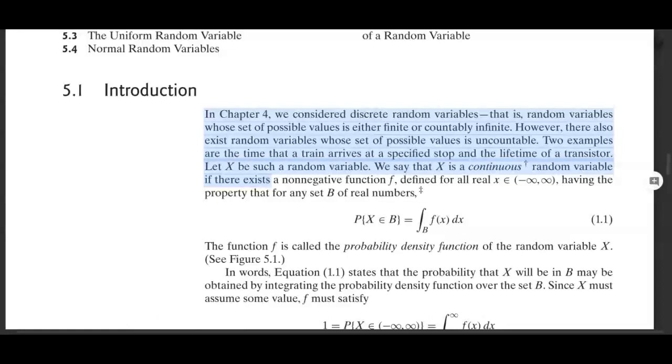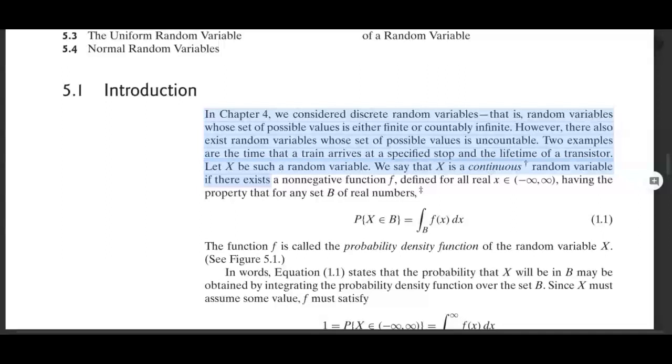Like a height, like a weight, right? All those kinds of things, we have to measure them. They're not discrete, they're continuous. So let X be such a random variable. We say that X is a continuous random variable